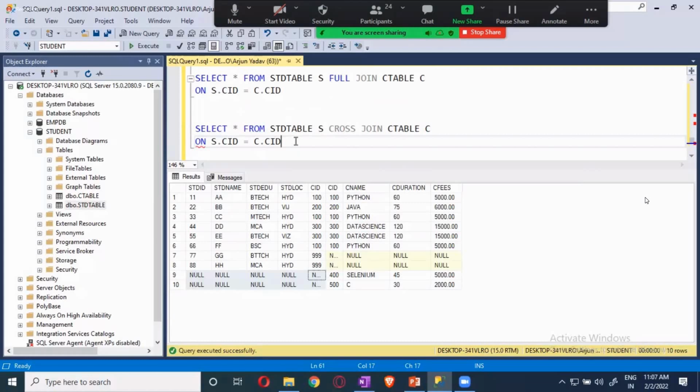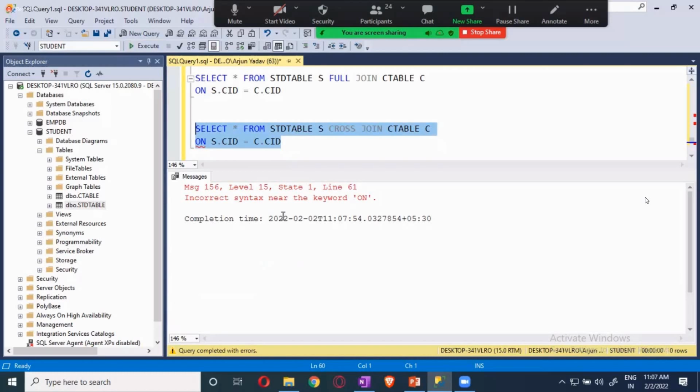Okay, when I do this, it is giving us an error. It's not working. Can I use where? Let me try it out.